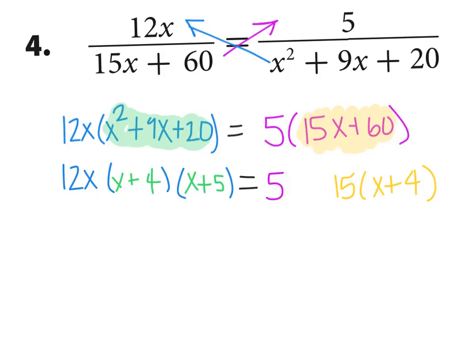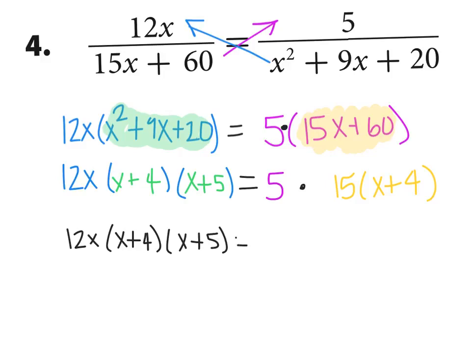Mathematically, what happens here with this 5 and this 15? You multiply them together. The reason is because 5 was originally multiplied by 15 times x plus 60. I just changed the way that 15 times x plus 60 looked, so these two are still, in fact, multiplied. So just to make it look a little bit better, I'm still not distributing anything in. I have 12x times x plus 4 times x plus 5